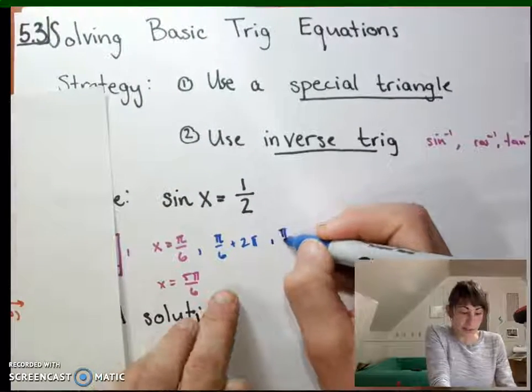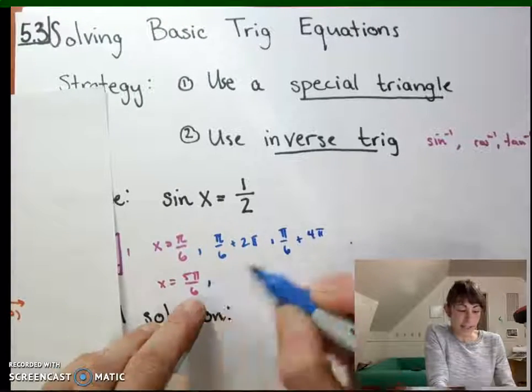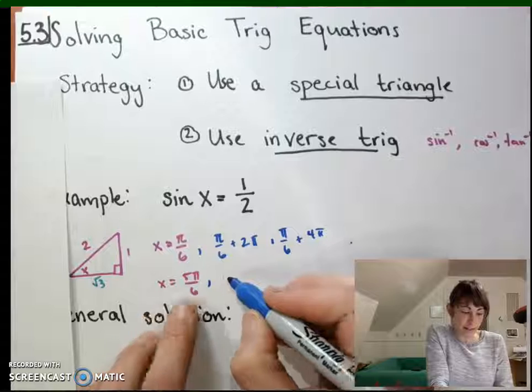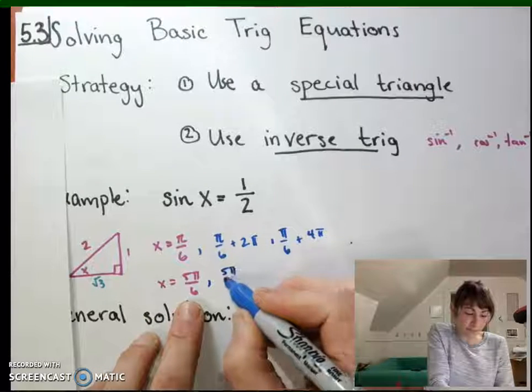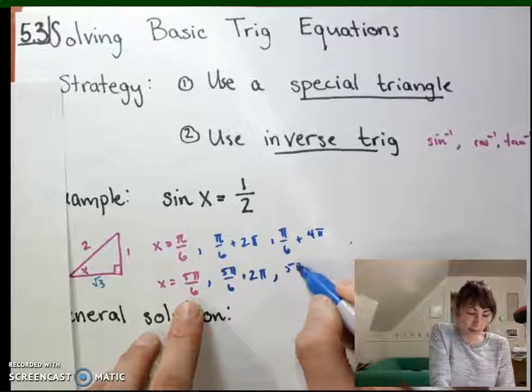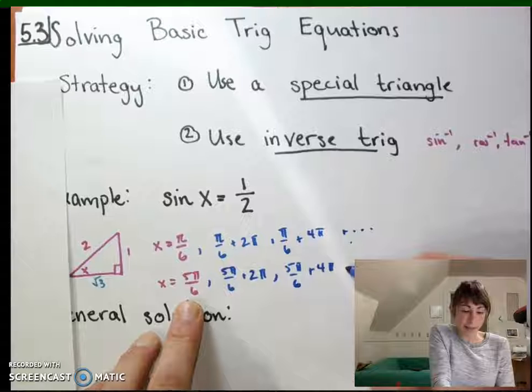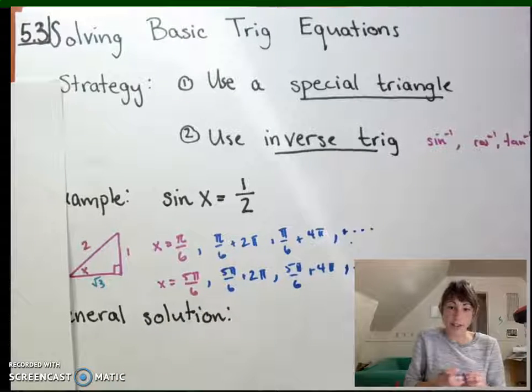So also pi over 6 plus 4 pi. I could do the same by adding these 2 pi's onto the 5 pi over 6. And I could keep going like this forever by adding multiples of 2 pi onto each of these solutions, because